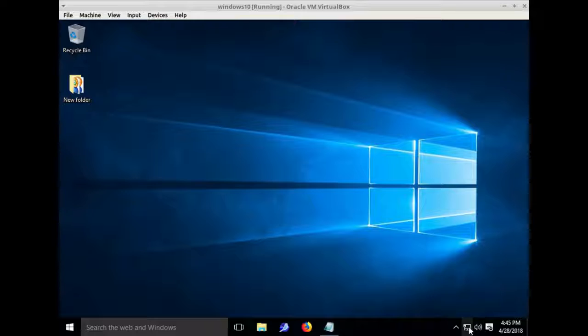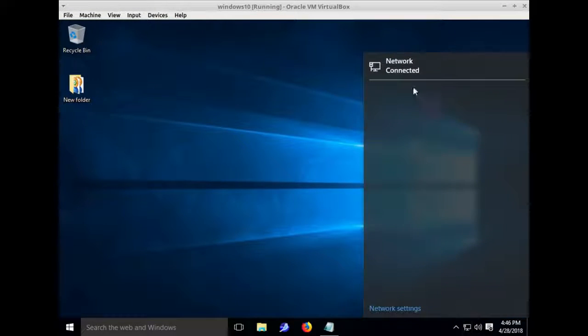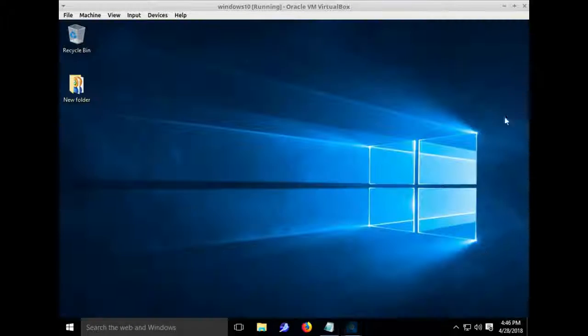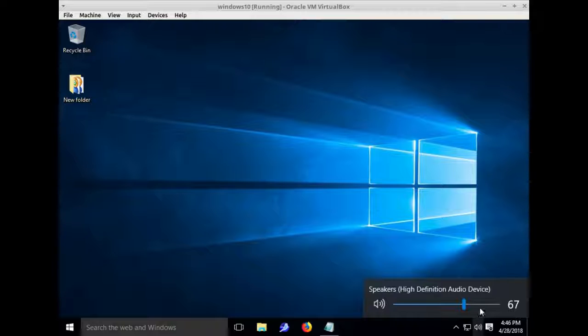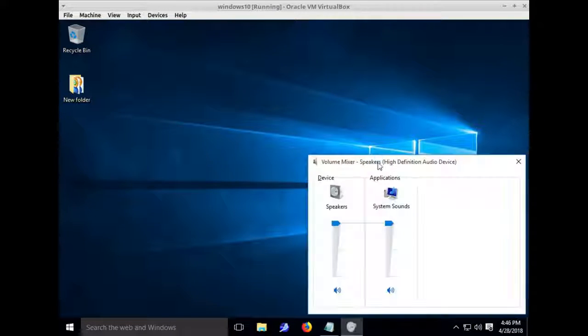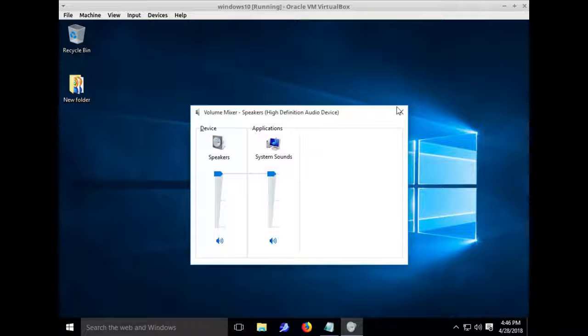Of course, over here you have these little icons for the network, for your internet, so you can also open it from here and mess around with this. You also have the sounds here for your volume, for your audio, so you can mess around with these. If you right click on it, you can open the volume mixer and be able to look at some of the